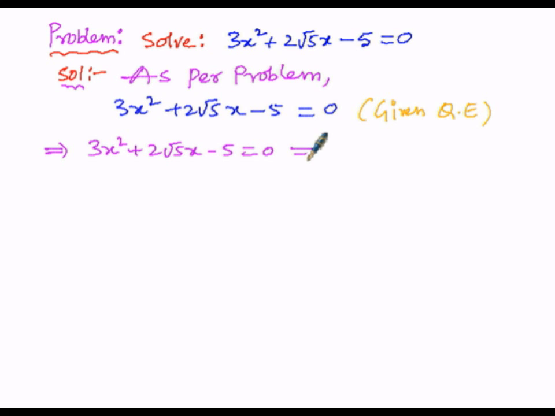which implies ax square plus bx plus c equals to 0, which is the general form of a quadratic equation. Or in other words, this is the general formula. So the general form of QE indicates the general form of a quadratic equation. Then now, by comparing,